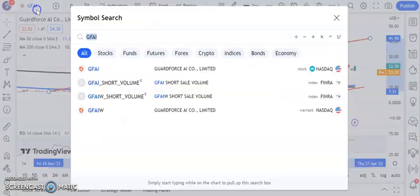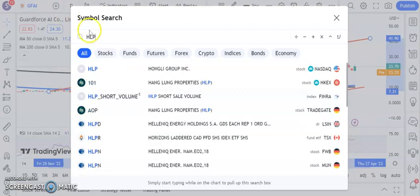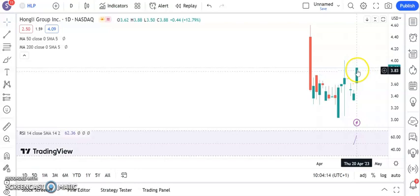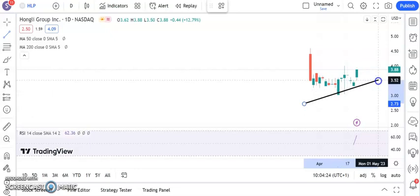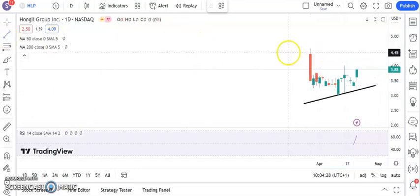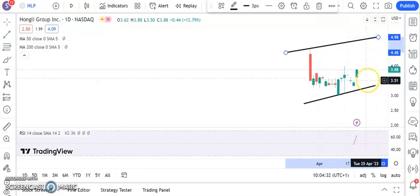Moving on to a stock which is new and hopefully will be a regular on this sweep, Hongli Group. You can see that we just need to break that recent resistance there at $4. Above that on an end of day close basis, we're looking for up to $5, and you'll see why when I draw the trend channel, even though we don't have much charting furniture at the moment. But $5 hopefully by the end of next month, and especially while we hold above the $3.50 area, which is